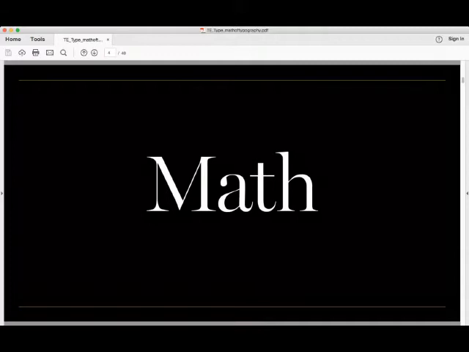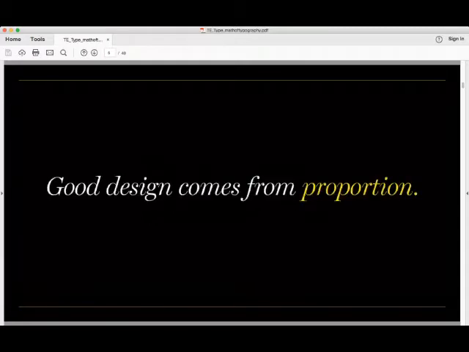So if you can count how many words, you can get to the pages, which you can get to the forms, which you can get to some kind of ballpark cost, okay? And when you see these figures, they're going to be really general. I think it's a good idea that designers know a little bit of math because it's connected to proportion. And I think a lot of designers miss the connection of the type to the image to the page. And that triptych family there is always in harmony. And that's the way we learned it back then, through the numbers.